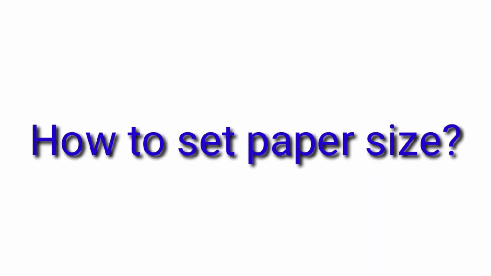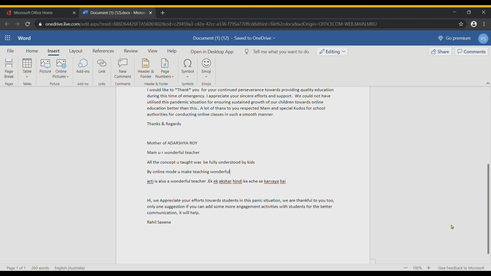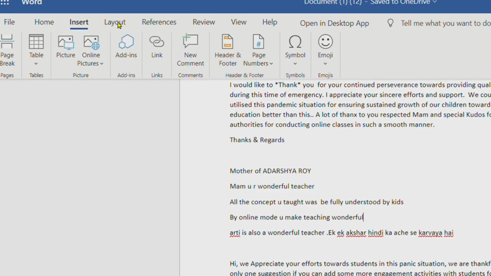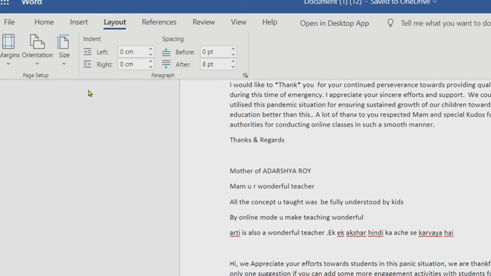Fine. Children, now we are going to learn how to set the paper size. Okay. In Microsoft Word, you can work with different sizes of paper through the available selections, depending on the type of printer you use. So let us see how you can set the paper size. Children, for that we have to go to the page layout. So this is the page layout tab here.